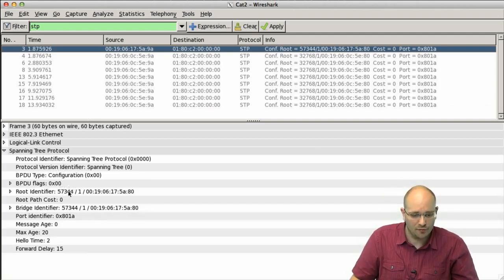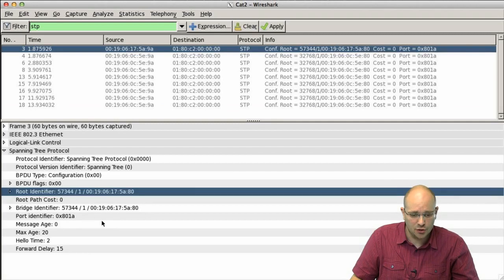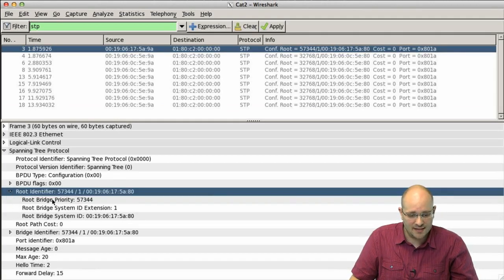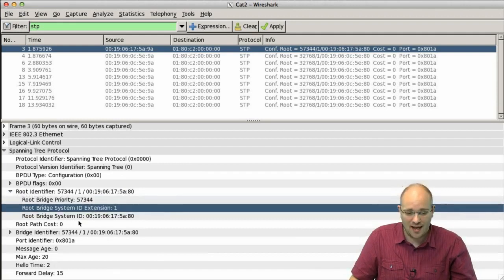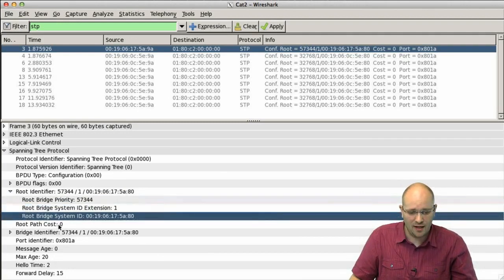Take a look at a couple of things here. The first is the root identifier. Let me expand this a little bit. I can see the root bridge priority. This will be the same root bridge priority that was configured on Cat2. And here I have the extended system ID. Also, I have the root bridge system ID, which is